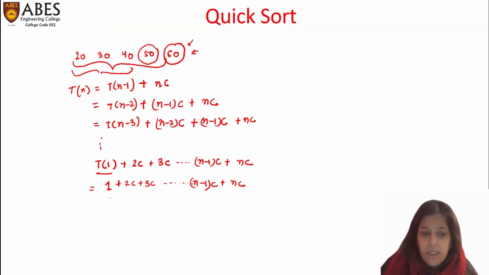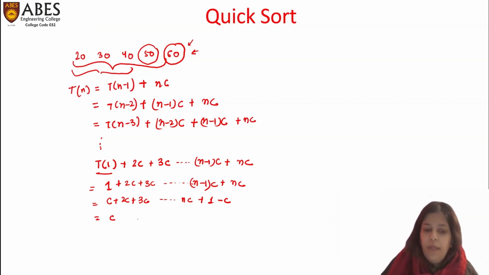So this will become C plus 2C plus 3C up to nC plus 1 minus C, as we have added 1C over here. Taking C as common, this will become 1 plus 2 plus 3 plus 4 up to n, which can be represented as n into (n plus 1) by 2,